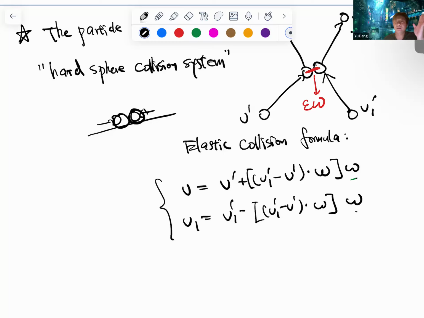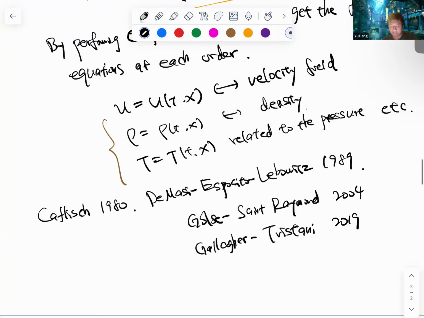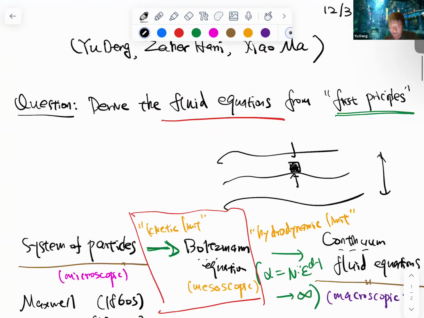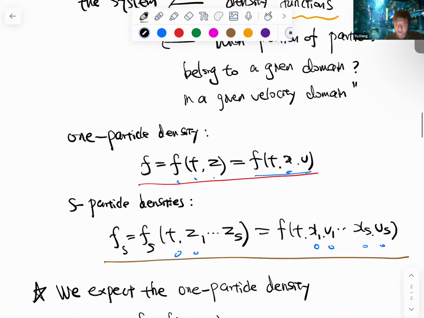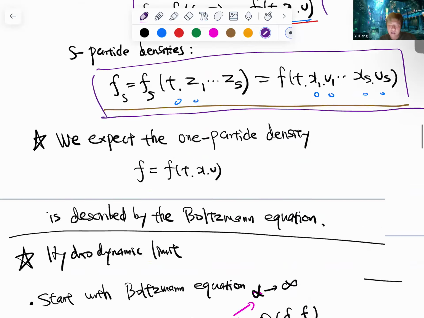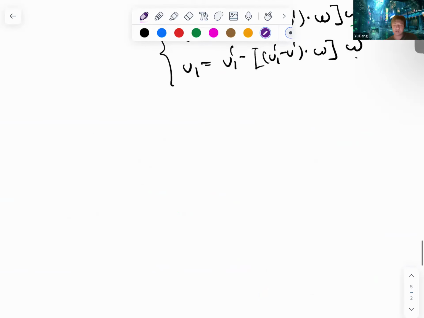So we have this parameter epsilon fixed. We have this system, and the rules of this evolution are fixed. Okay, and remember we are interested in this one-particle density, in the evolution of these one-particle densities and of course multi-particle densities. So historically there were these first ideas by physicists that in order to derive this evolution of this density,